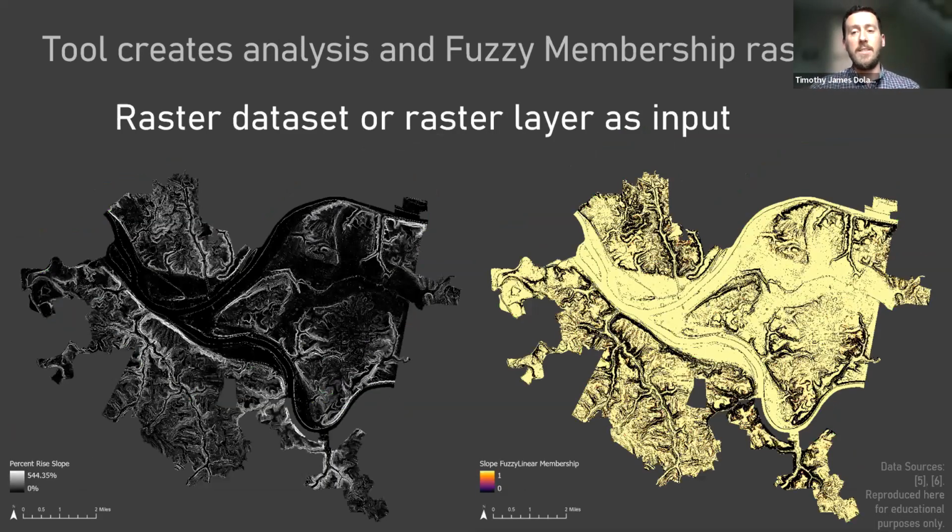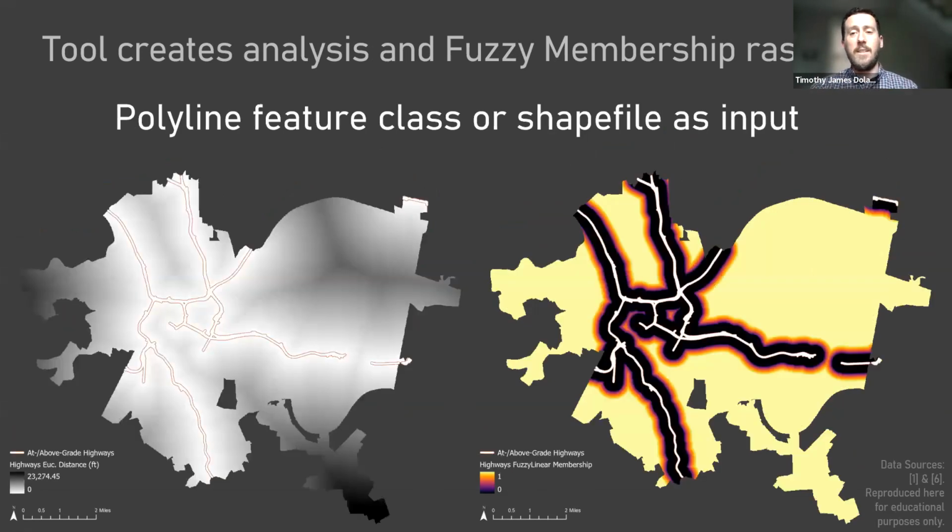For a raster input layer, this could be calculated aspect, or here, percent rise slope raster if selected. The tool then uses the values of this calculated raster, or those in the original, as input for a fuzzy membership function, given the membership type and parameters entered. Full disclosure, all of the following maps have the same color scheme, and the black and gold here for Pittsburgh is purely coincidental. For vector input layers like highway polylines, the tool instead creates intermediate Euclidean distance rasters that have